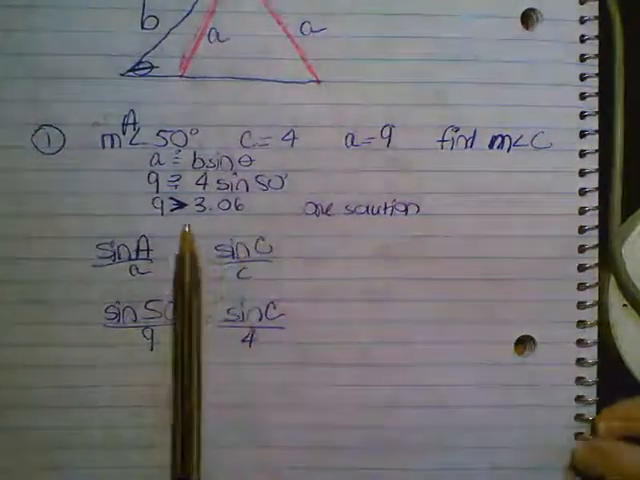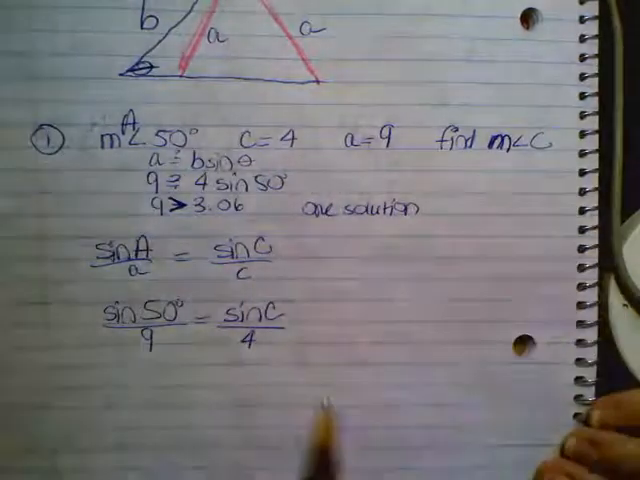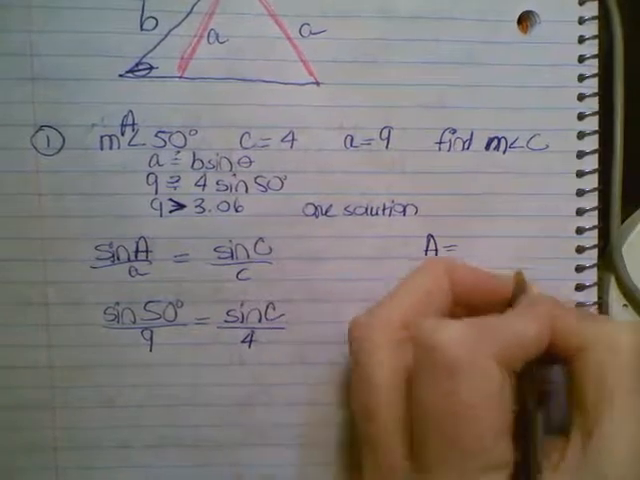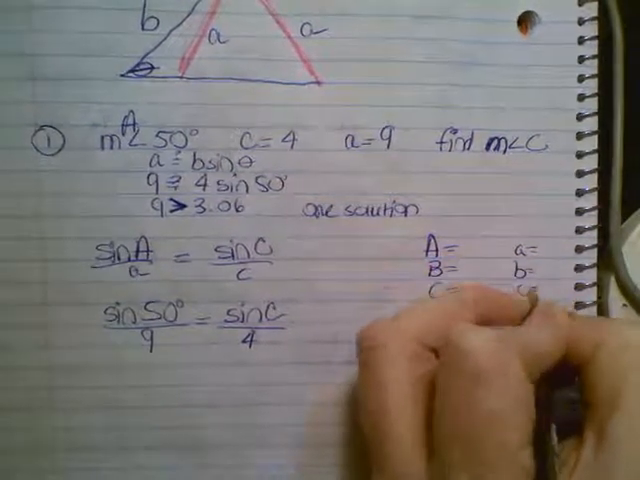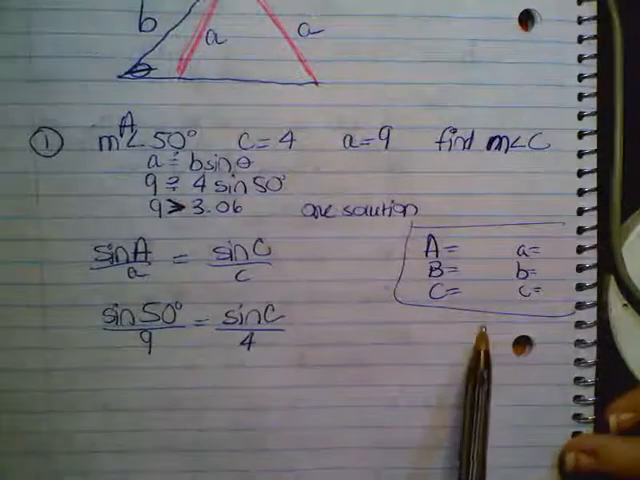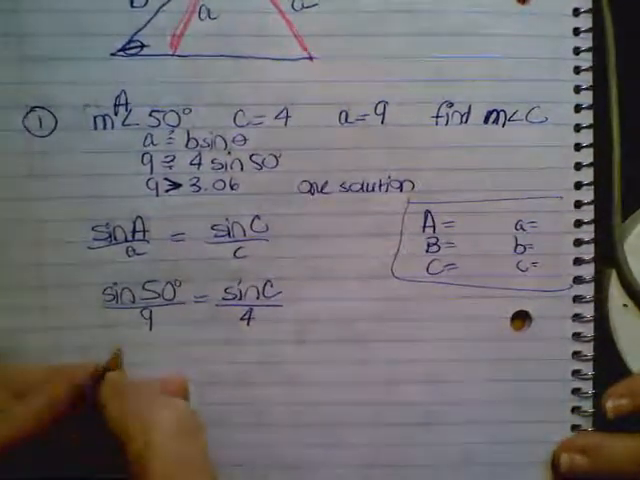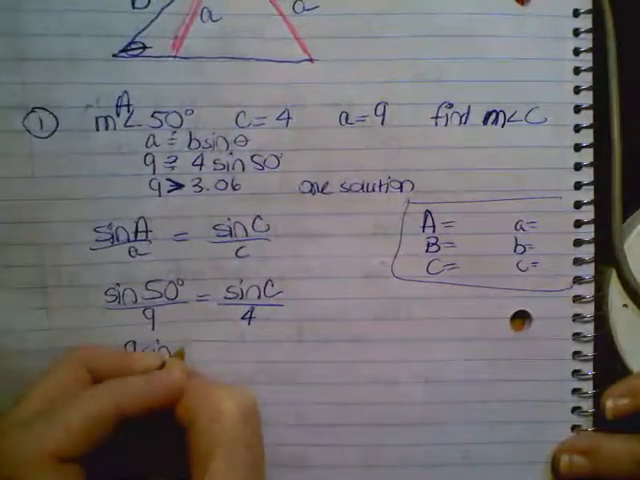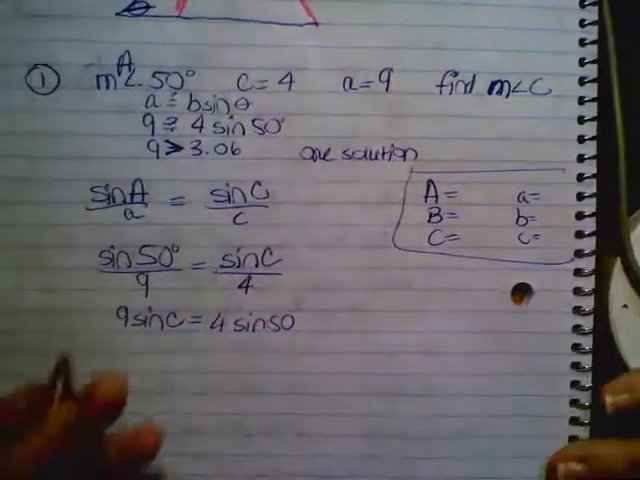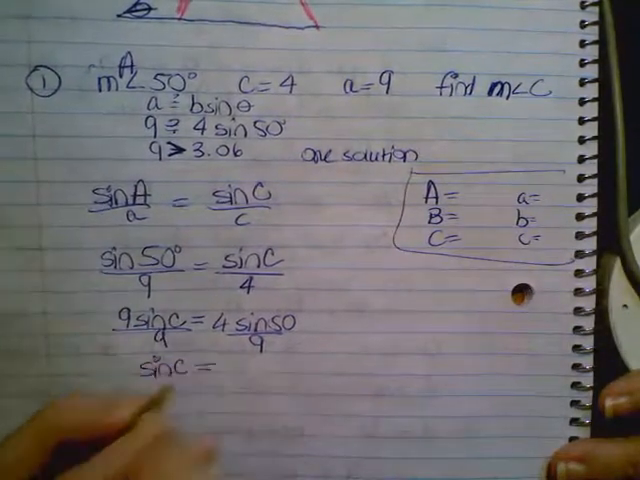Now, because I'm doing law of sines, this to me is easy enough that I don't have to draw my chart. But if you wanted to draw your chart, if that's easier for you to see what's going on, or if you're going to solve a triangle, you definitely want to fill this in, okay? Because if you're solving a triangle, your teacher's going to want it organized in some way. All right, cross multiply. We'll have 9 sine of C is equal to 4 sine of 50. Divide both sides by 9. Sine of C is equal to